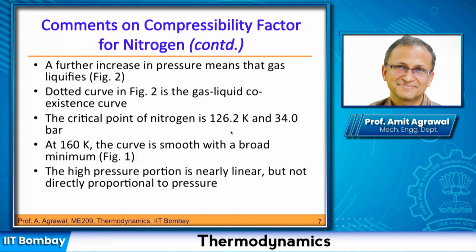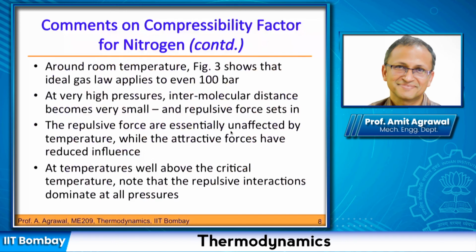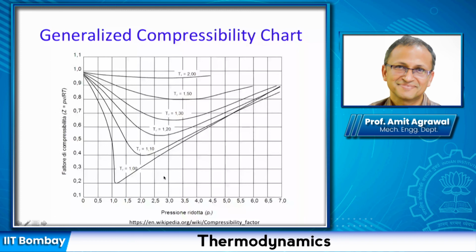As we know from our previous charts, a critical point, for a given gas, is going to have a certain value of pressure, temperature and specific volume. If I divide my actual pressure by the pressure at the critical point, the temperature by the temperature at the critical point, and so on, and use these as my axes, what I find is that these curves for various gases tend to fall on each other.